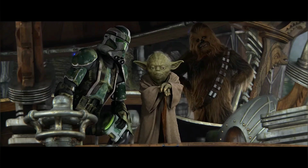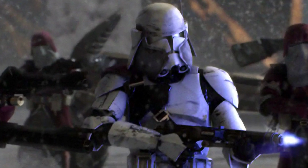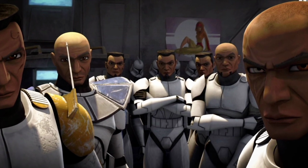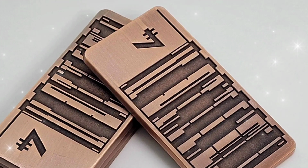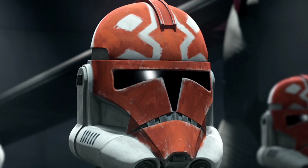And obviously I could go into all of these as there is a bunch, but I'm pretty sure you guys know most of them anyways, so yeah. While the armor was lighter and more durable, it also cost much more than Phase 1 at a total of 3,000 credits per suit, which was much higher than the cost of Phase 1 armor, which was just 2,000 credits